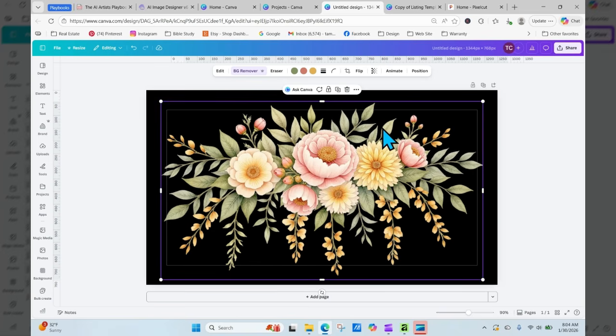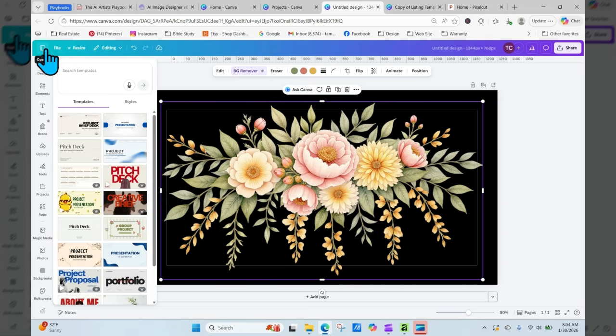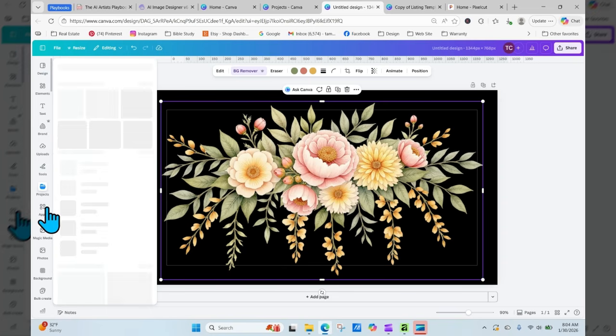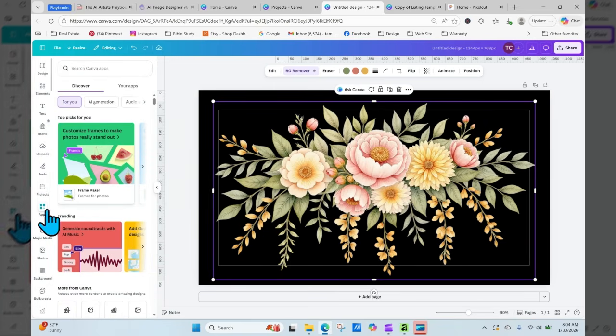Okay, so how do I upscale? Okay, if you only have Canva Pro, if you have to start here, it'll be a little bit more labor intensive because you can only do one at a time. Okay, but if you will go over to your apps, I'm going to show you that if you have Pro,